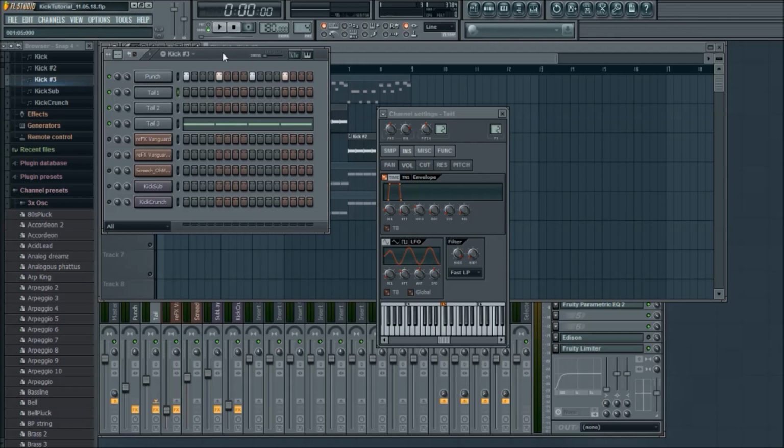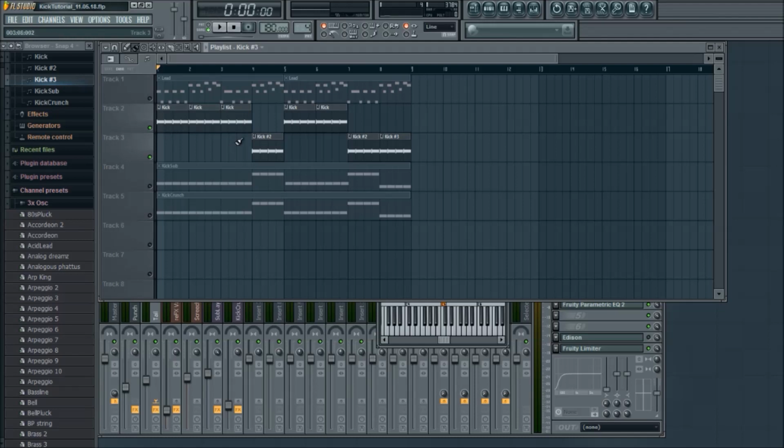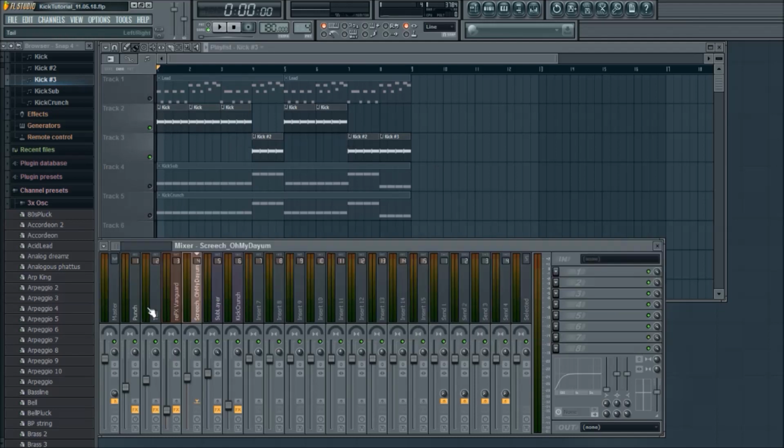So you may also notice that the bass is taken out of this sample, right? So I have the tail sent to this channel, channel 2 on the mixer. This is the tail channel. I have some effects on it. I'm going to turn these off for the time being. We're going to get to that in a bit. On the EQ down here, I have the bass EQ'd. I have a low cut on it. Anything below about 104 hertz is taken out,